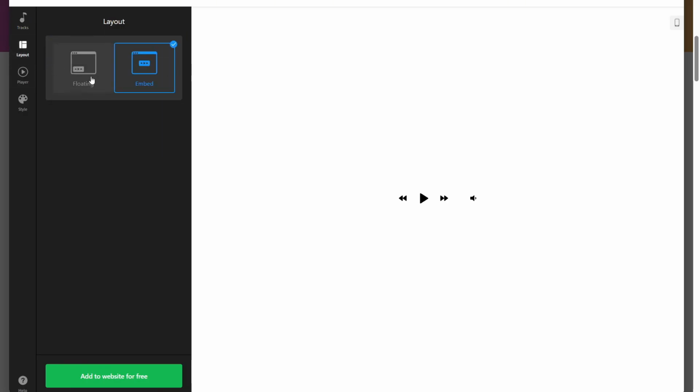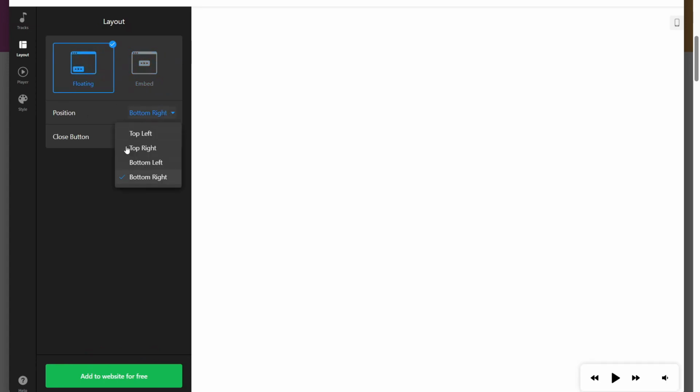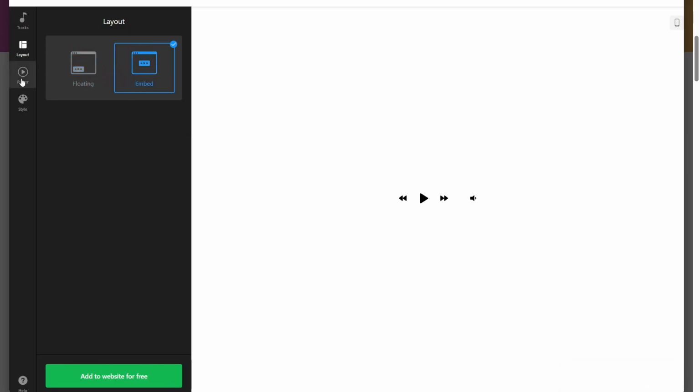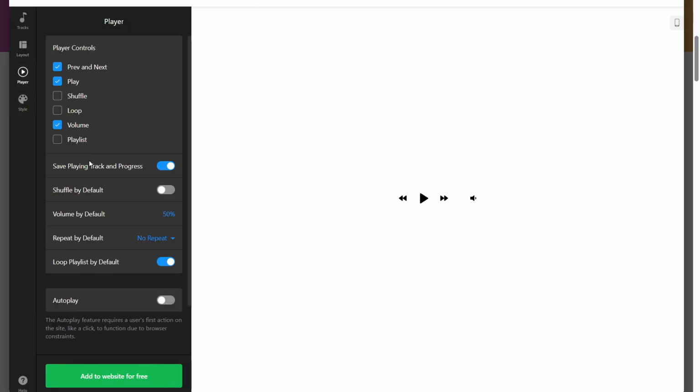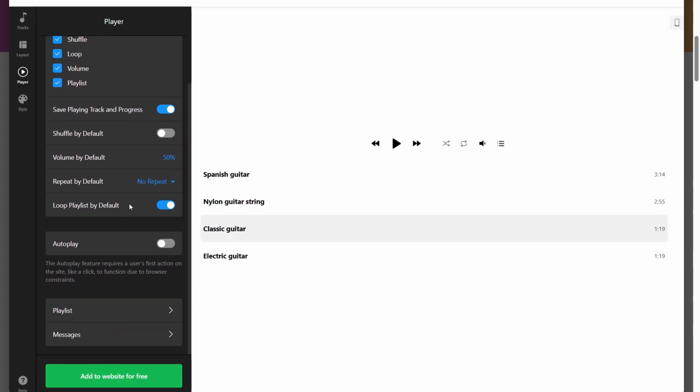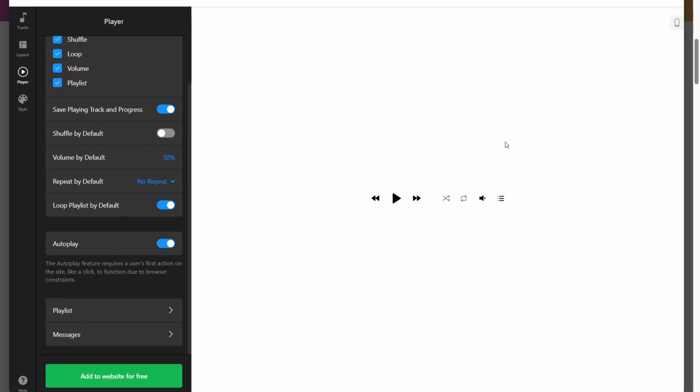On the layout section, we can change the layout from a floating to an embed type. And on the floating, you can change the position from the bottom to the top and even add a close button. On the player section, we can choose what we want to show on our player. If you want to add shuffle, loop, as well as a playlist, that is something that you could also do. What you could also do here below is add autoplay, so if they simply hover into that section, it will